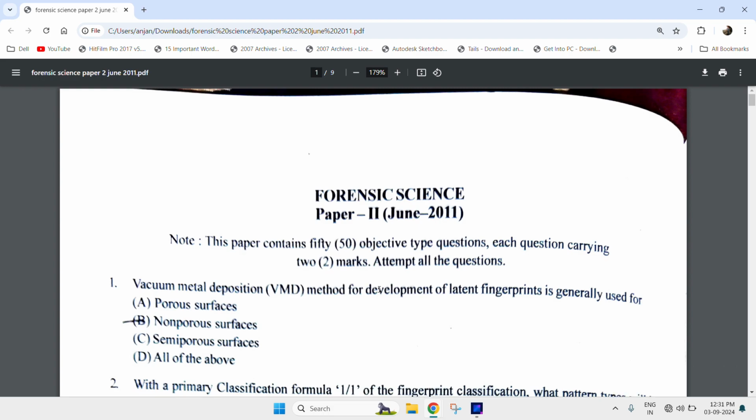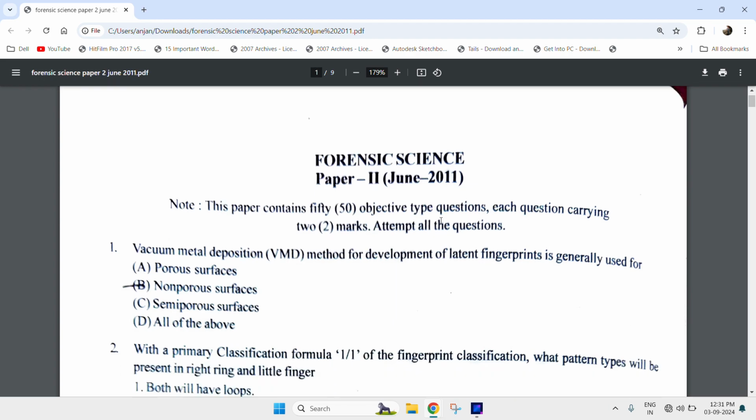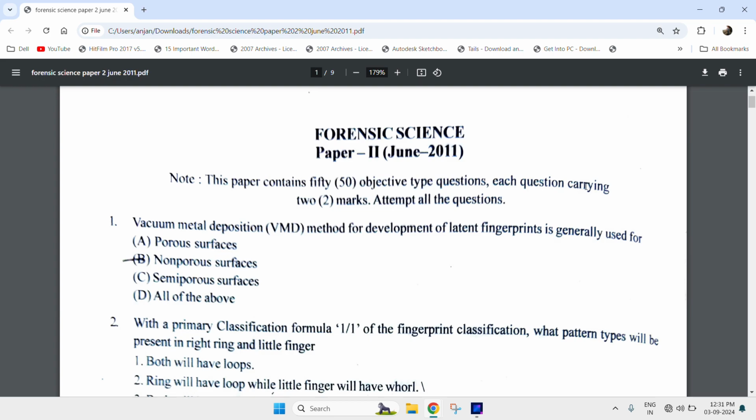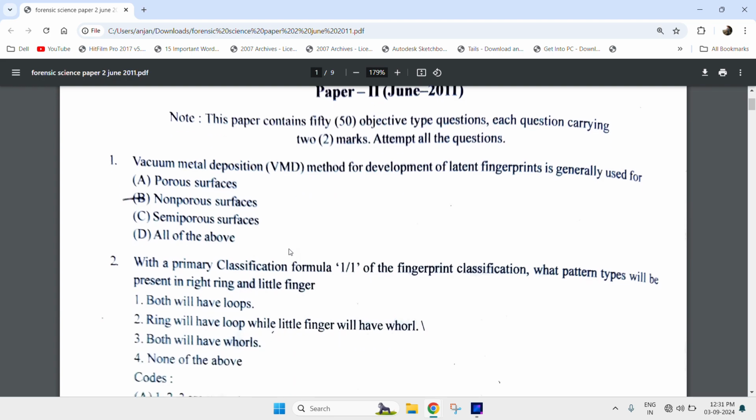Hello everyone, today I am going to solve the NET JRF Forensic Science Paper 2, June 2021. This paper contains 50 objective type questions, each question carrying 2 marks. Attempt all questions. Vacuum metal deposition (VMD) method is